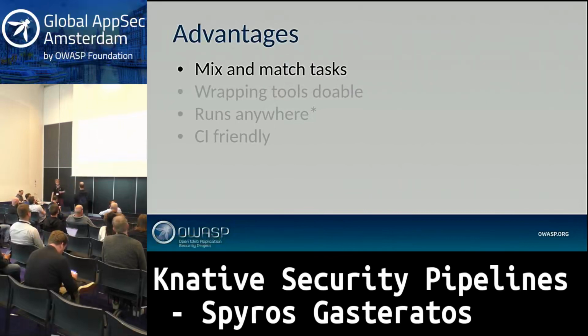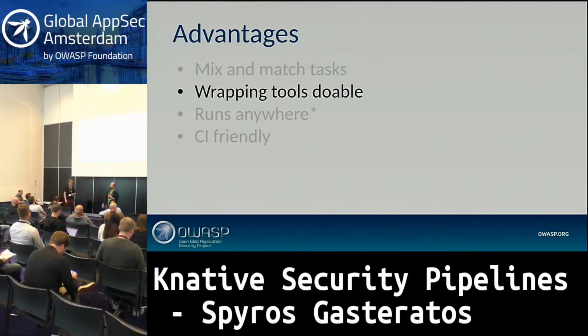So yeah, we made this. It runs as you saw. Advantages: you can mix and match any task you want. So I want Bandit to Defect Dojo, Find Sec Bugs to something else. And then I have some legacy IBM, whatever, and they need to go into some specific place because they are in my PCI zone or whatever. So this goes there. Wrapping tools, as I said, we found quite easy. It seems pretty straightforward, as long as the tool behaves well, which so far so good. Touch wood.